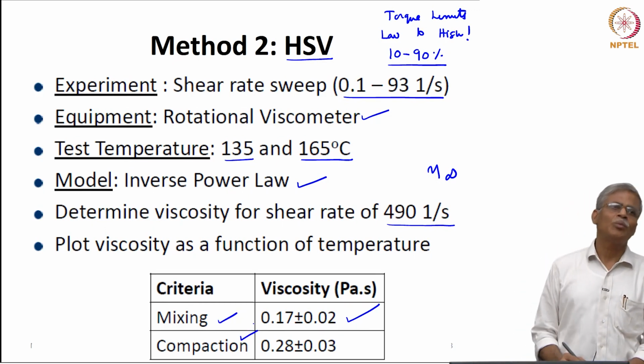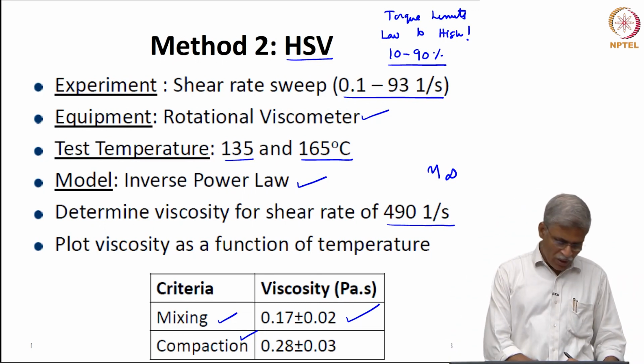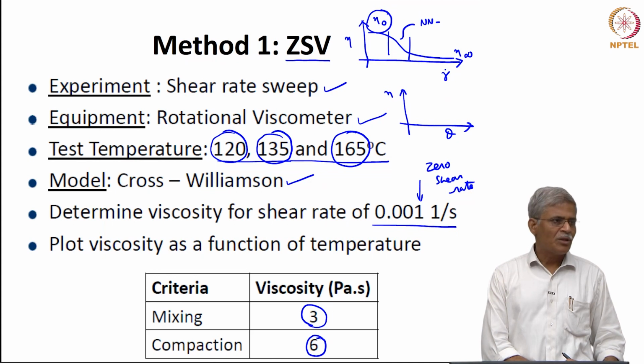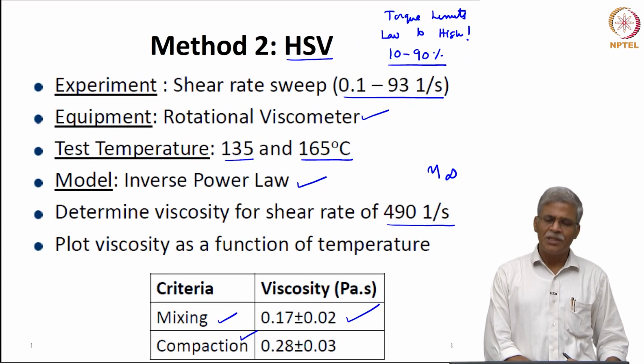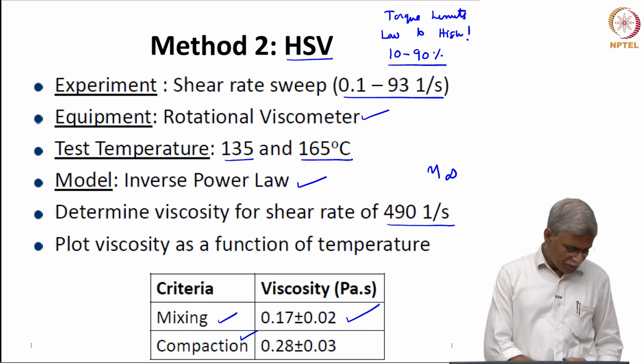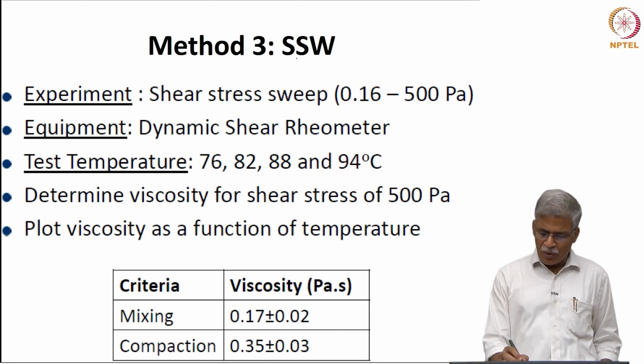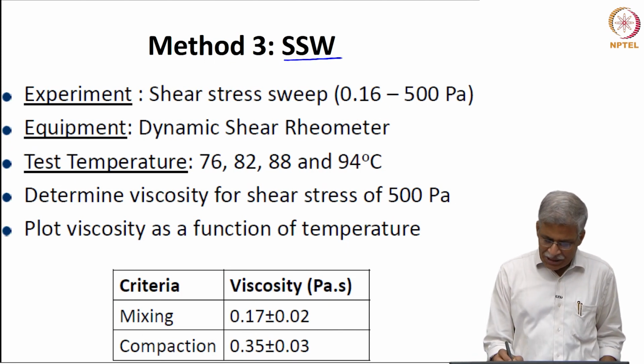So, these two methods, the low shear rate one, which is the zero shear rate viscosity method, as well as the high shear rate viscosity method, use the rotational viscometer. Now, we go to method 3, in which we are going to do what is called the shear stress